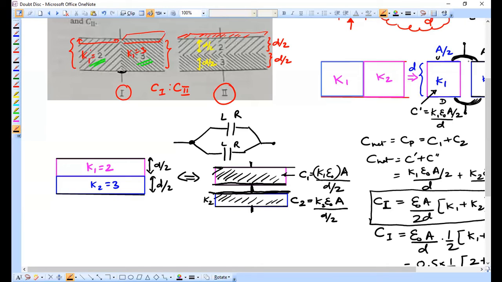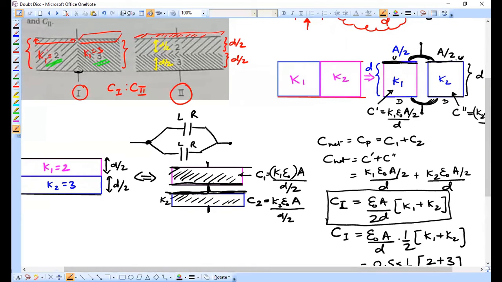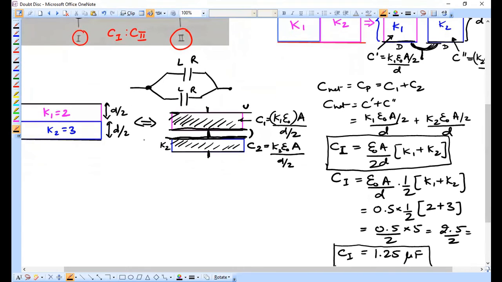Here what you were observing earlier, the two capacitors were connected, but their upper plates or their lower plates were connected together. Here you find the upside of the plate is not connected with the upside of the plate. You are finding one plate being commonly connected. If one plate is commonly connected, then such a combination is called a series combination. So in this situation, these two capacitors are connected in series,